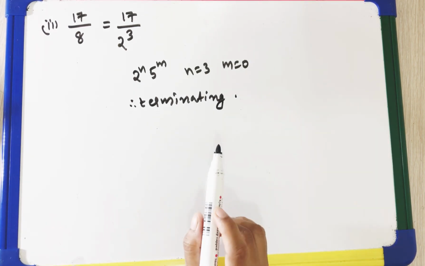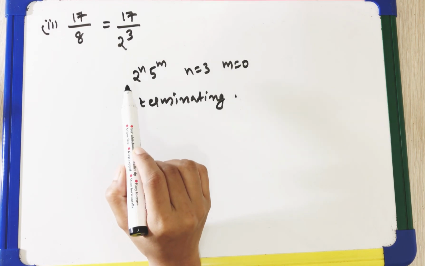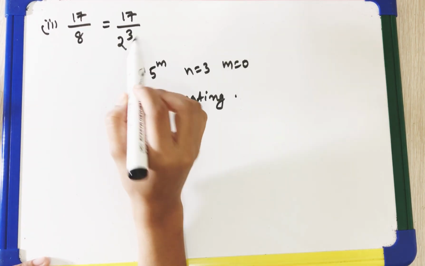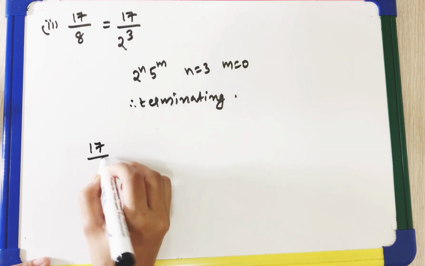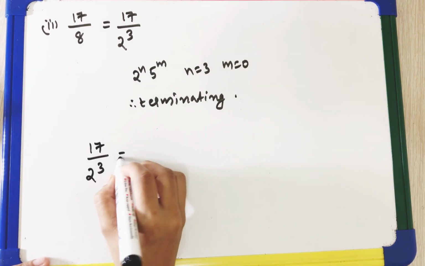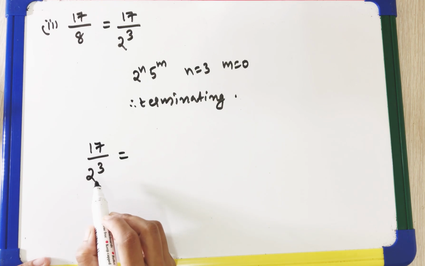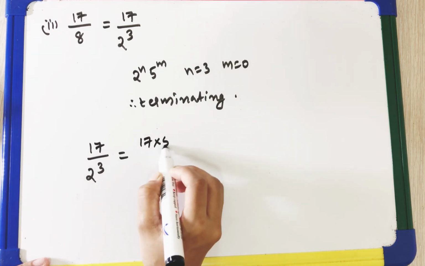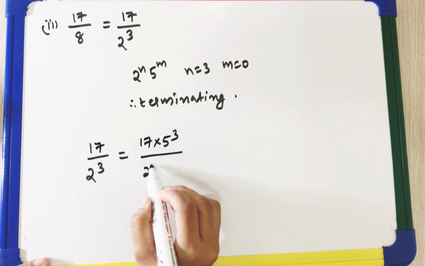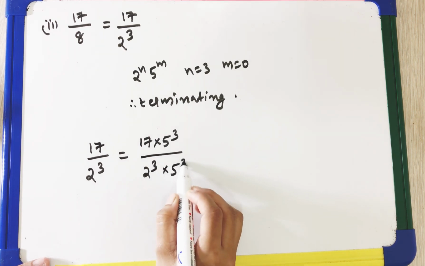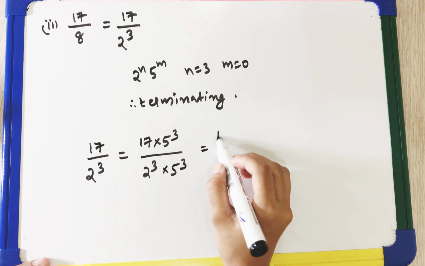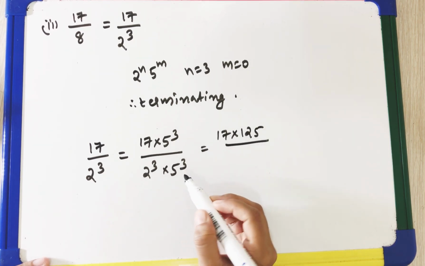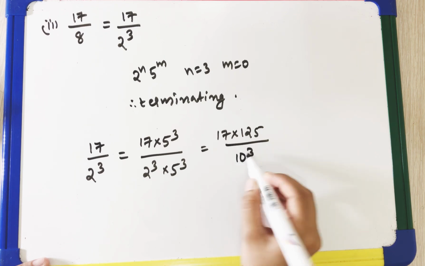Now the second part is, if it has a terminating decimal expansion, we have to find the value. Now 17 by 2 cube is equal to, now to make the denominator a power of 10, we can multiply by 5 cube. 17 into 5 cube divided by 2 cube into 5 cube, which is equal to 17 into 125 by 2 into 5 the whole cube, which is 10 cube,